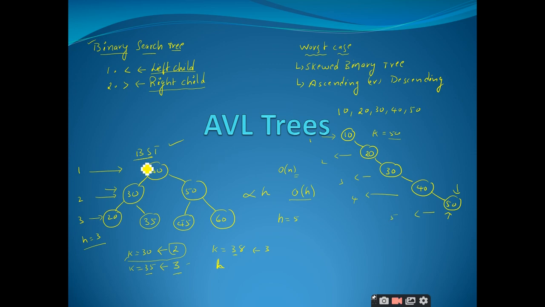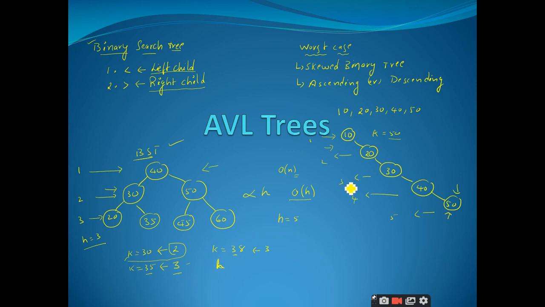If you are forming a binary search tree which is balanced, is it balanced or not? I told you about the balancing, right. So the number of elements on the left hand side should be almost equal to the number of elements on the right hand side. Such type of trees we call balanced. But here there is no balance. That means all the elements are towards its right hand side only, but there are no elements towards the left hand side of the root element. So this is the disadvantage of the binary search tree.